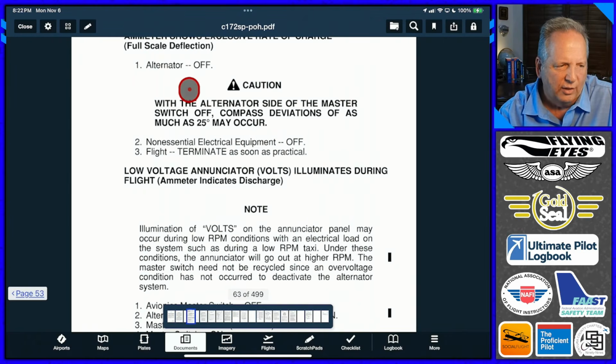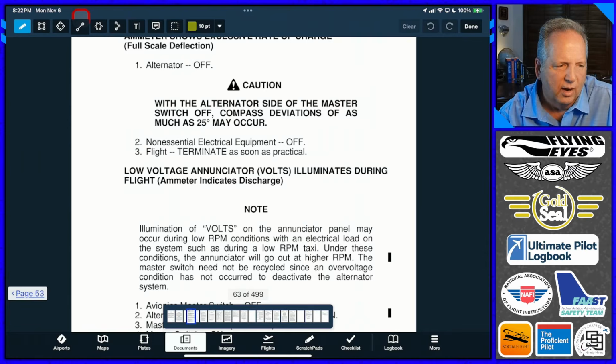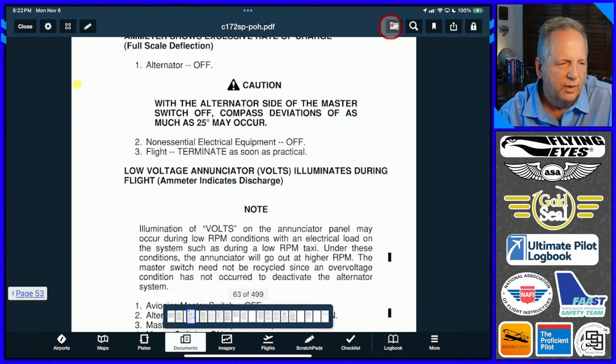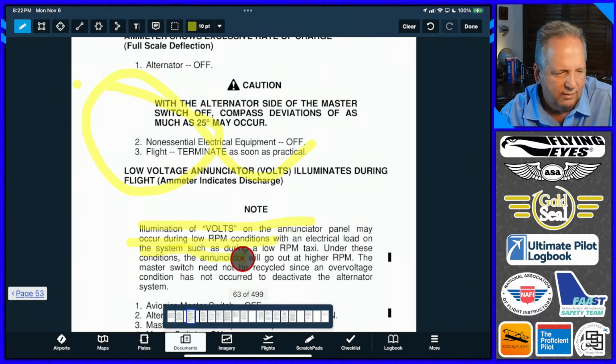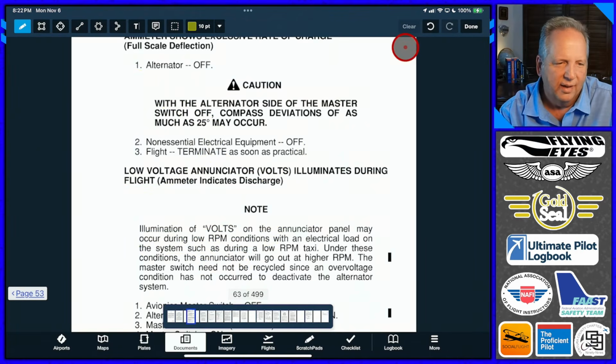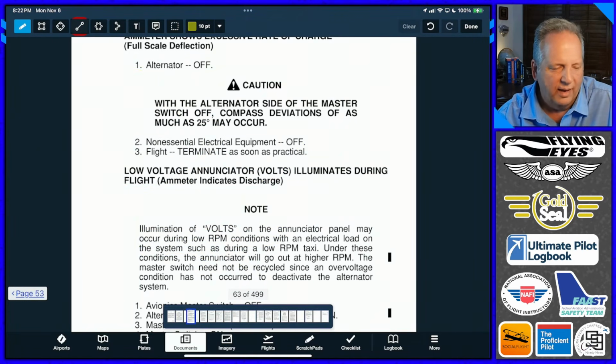You can also annotate these documents by tapping that button up top there. Let me do it again. This pencil right here is the annotate button. If you tap on that, and you can see I did something there, and you drag across, you can highlight things. You can draw on it, and you can see when I highlight, I can't draw that straight. So let me clear that and show you how I actually annotate and highlight.